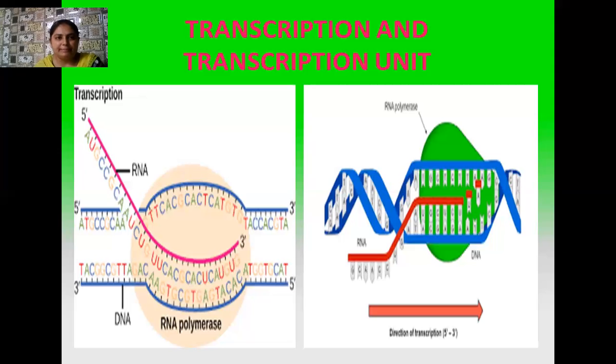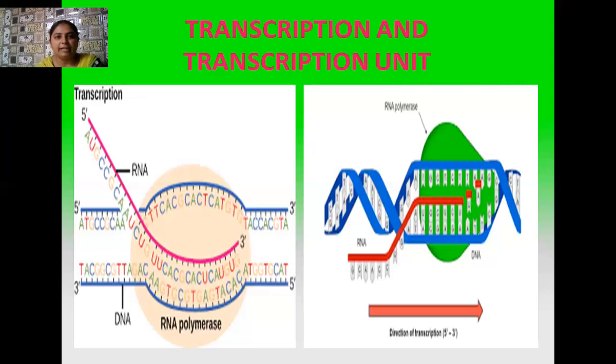After the promoter region, a structural gene is present. After the binding of RNA polymerase with the promoter region, it moves over the DNA strand. It reads the bases present on the template strand of DNA, and on that basis the RNA polymerase enzyme, following the structural gene, attaches the complementary nitrogenous bases from the cell's surroundings. Later on, it finally reaches the terminator region.